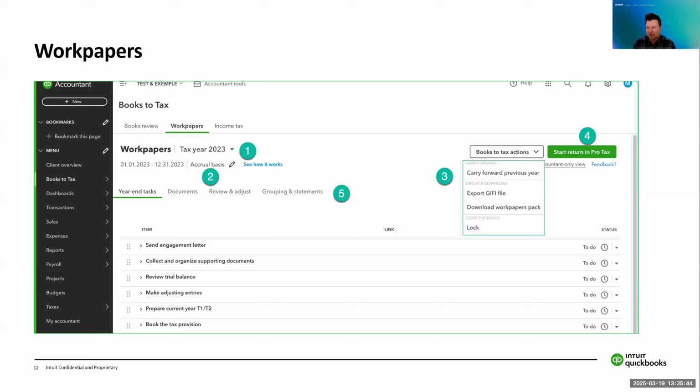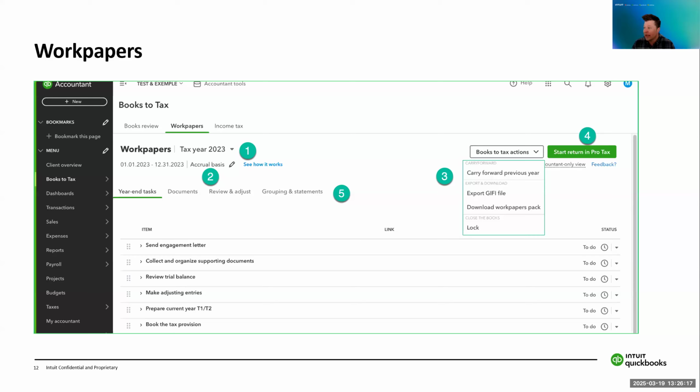In the US, it's a little bit different. You can use a cash basis for most clients, or most small business clients anyways. In Canada, you have to use the accrual method of accounting unless your client is a farmer or a fisher, and I believe those are the two categories for cash basis. So Books to Tax allows you to select the method of accounting. Obviously the accrual basis will be the primary one there.